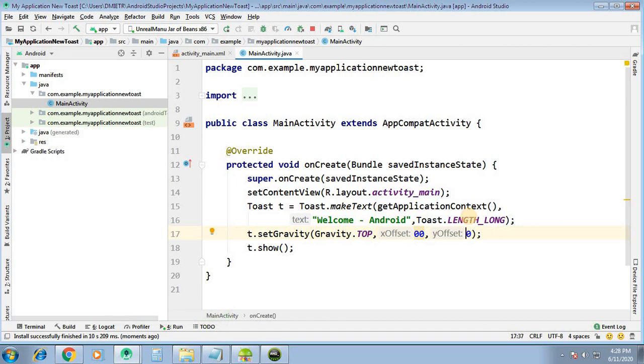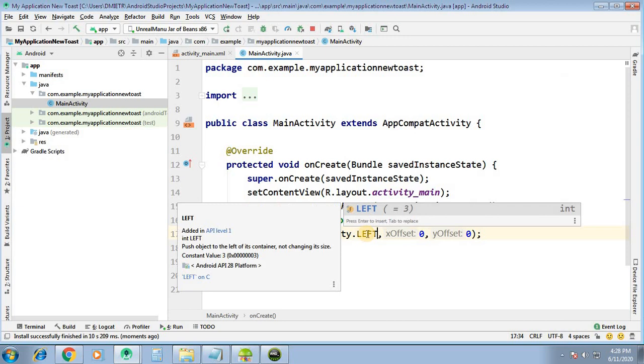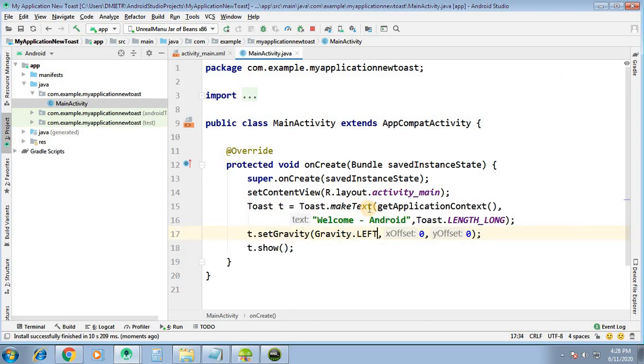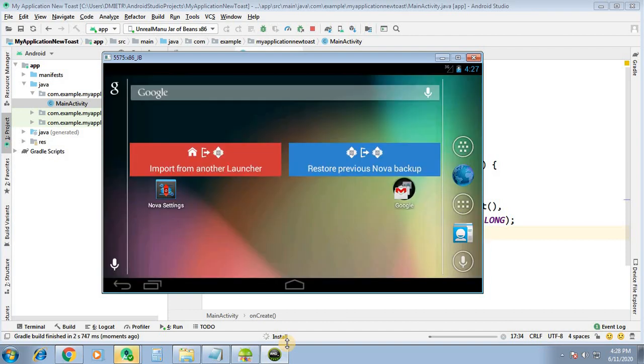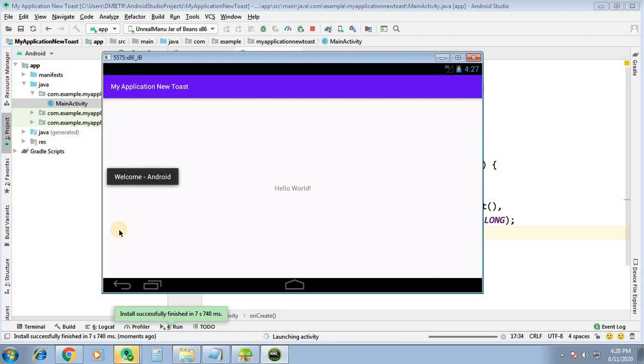Now this is what the top is. Instead of gravity top, if we go for left, then our toast goes to the left side. As you can see in the output, our toast goes in the left direction.